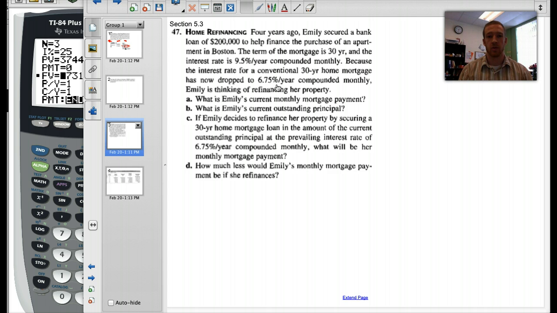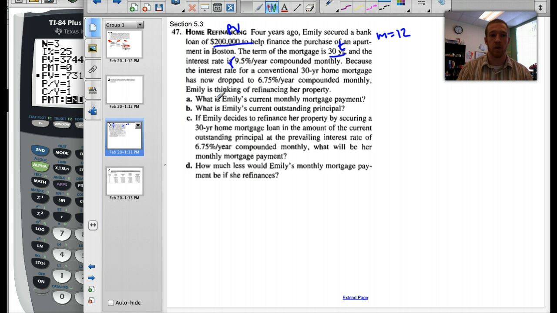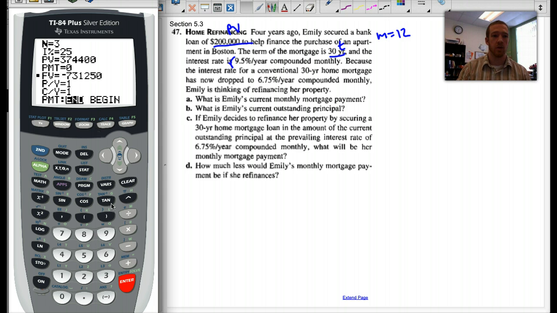The new interest rate is 6.7% per year compounded monthly. So she's thinking of refinancing. First, we want to figure out her original payments. So that's going to be the 30 years, the original amount. If it said there was a down payment, you would have to subtract the down payment from this, then enter that as your PV. This is the time, compounded monthly, so M equals 12, and then here's our interest rate. So we go over to our TVM solver,